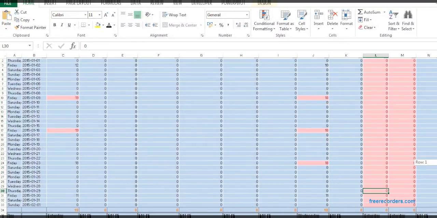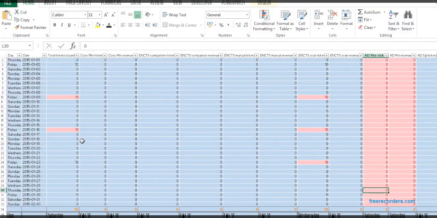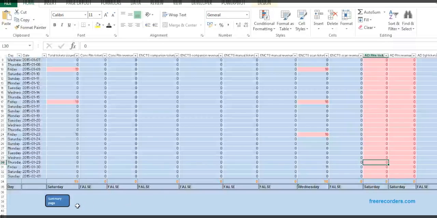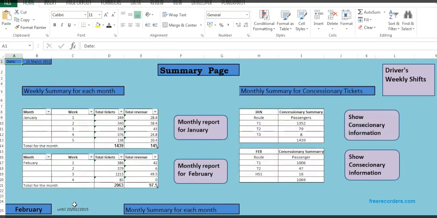As we can see, the formatting still works, and we can still see which is the best day and the best route right here. And then we can go to the summary page by pressing this button, and here we can see